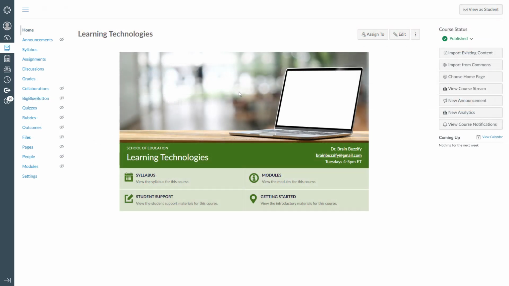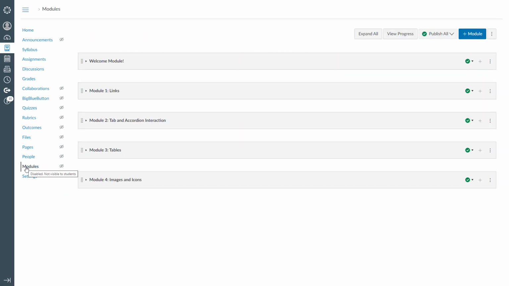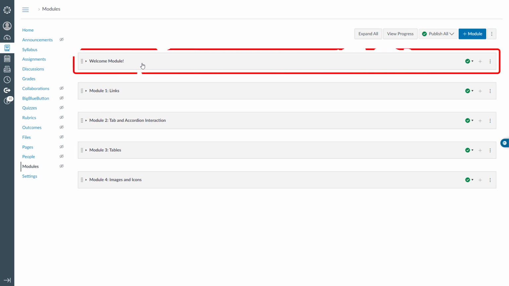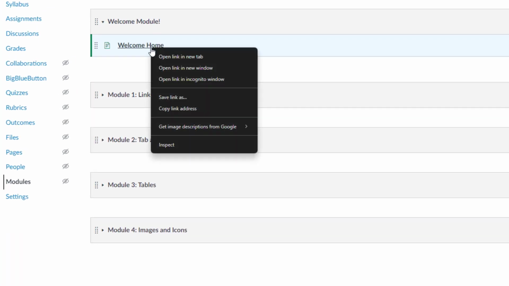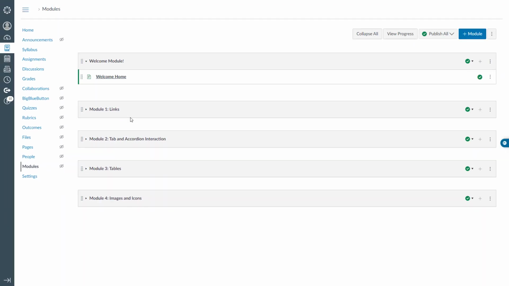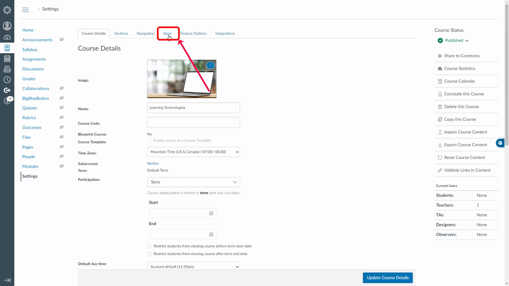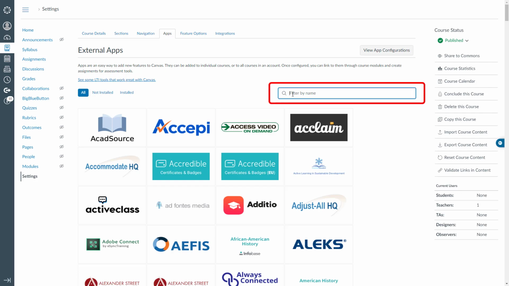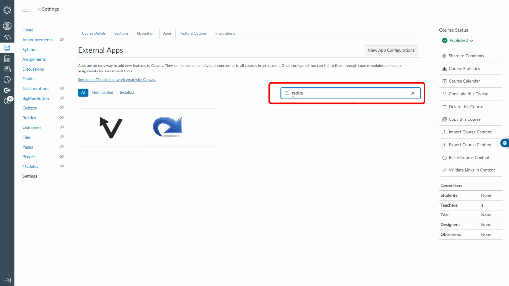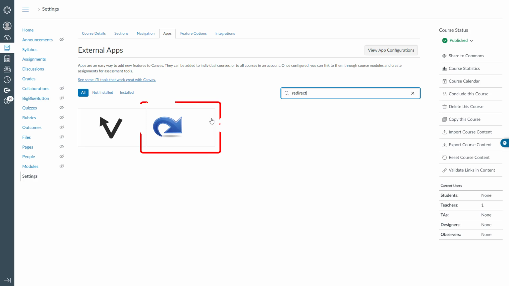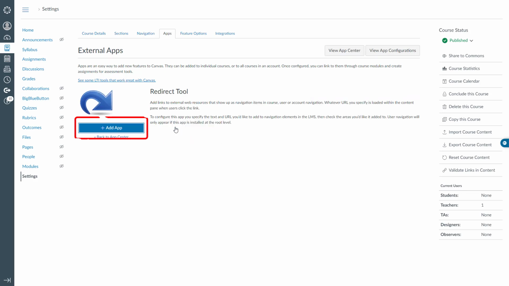To start creating the first link, click on Modules in the left navigation and expand the Welcome module. Next, right-click on Welcome Home and select Copy Link Address. After that, go to Settings in the course navigation and choose the Apps tab. In the Filter by Name search box, type Redirect and select the Redirect tool, and then click the Add App